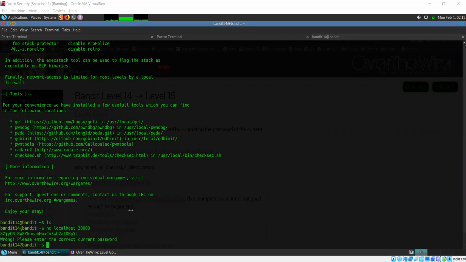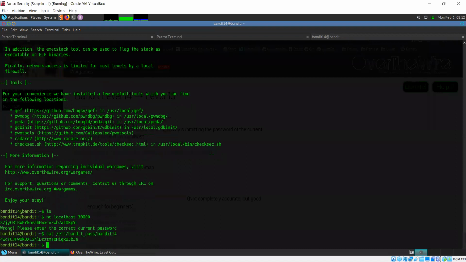Now it said that you need to submit the password for level 14. For level 14, we didn't copy the password because we logged in through SSH. And the password you can find in this file. So this is the password for level 14.